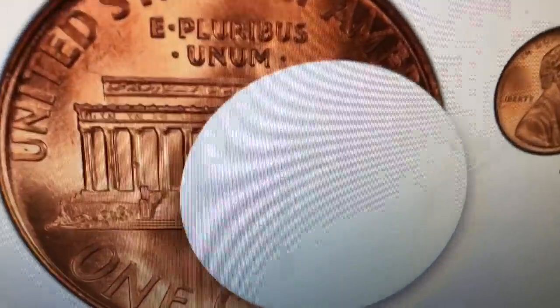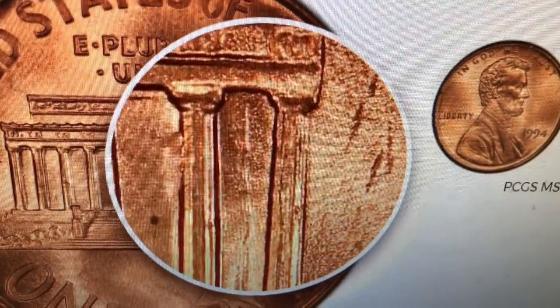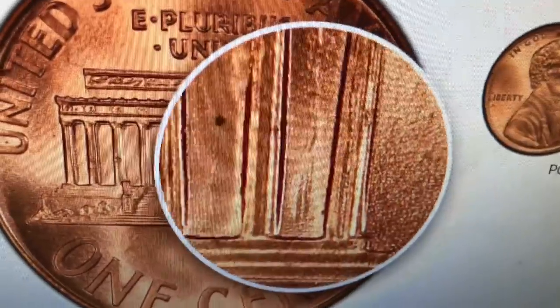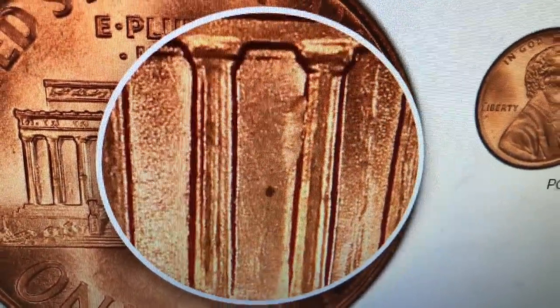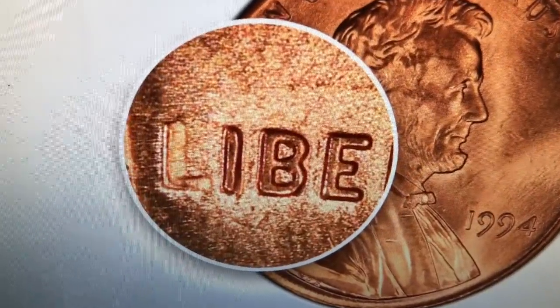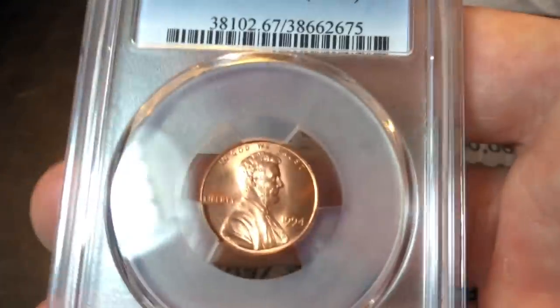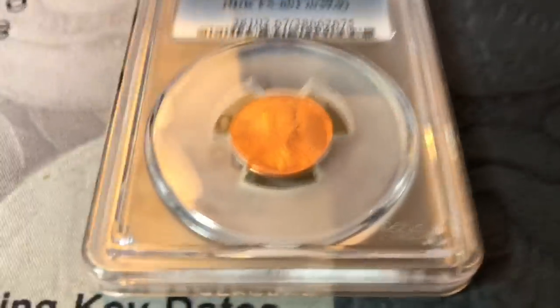And I'll show you what to look for on this one because you might be able to find it out there. You can see that there's a ghost column between the final two columns on the reverse in the memorial building, as well as a partial column right there on the second to last set of columns. On top of that, there's a nice die chip right there. And on this example, there's even a weaker strike on the L, but this coin, it's got a very full strike on that L,